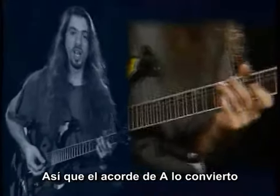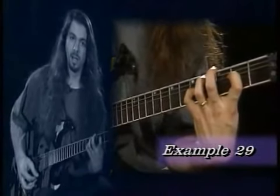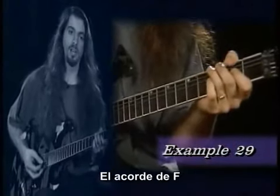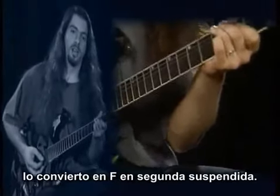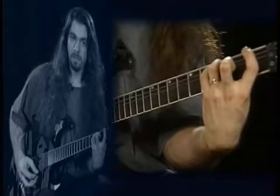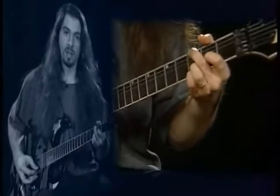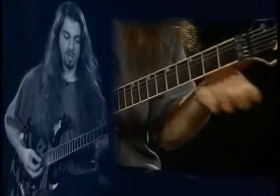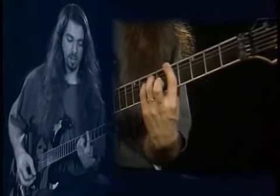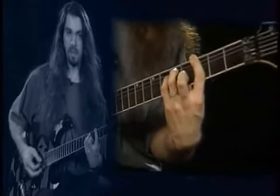So I'll turn the A into an A minor add 9. We'll turn the F into an F sus 2. And maybe the G into a G sus 2. So what started out as, now it sounds like,